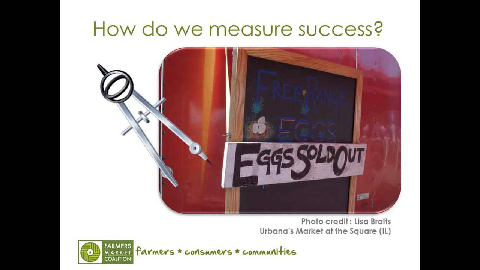So let's bring this back to a farmer's market context, and we're talking about how we measure success with respect to farmers markets or local food projects. And FMC is working on a series of indicators that we've identified that markets are already using, or ones in some cases that they could be using, to evaluate either economic, human, social, or natural capital in some way. And other organizations like Market Umbrella have been doing this for years, have developed some indicators. And there are a number of grassroots or state-level efforts to evaluate that we're also bringing into this project,